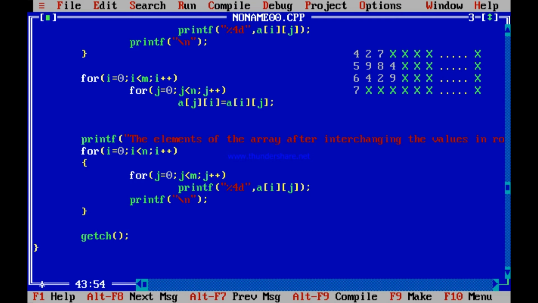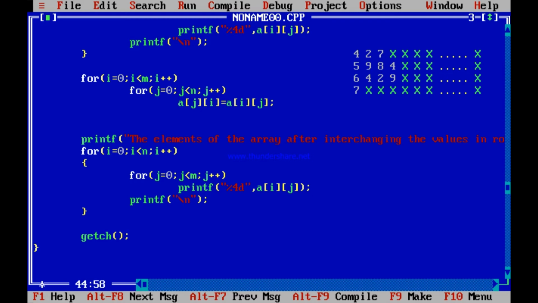You started from A00, but this time A00, 01, 02, 03 you have done. But you want to avoid starting from 10, because if you start from 10, what will happen is 10 will again be exchanged with 01. So this will again be exchanged and the old positions will be regained. You don't want that. You want to start from 11. So A11 exchanged with A11 doesn't mean anything.